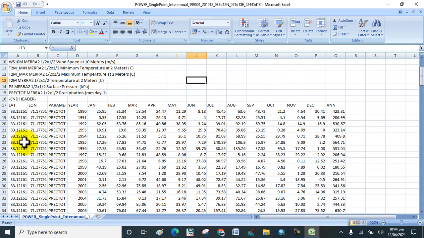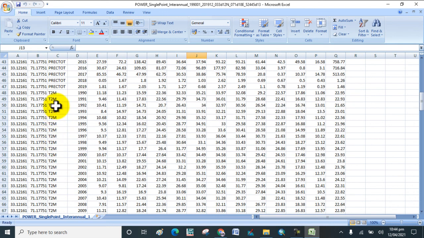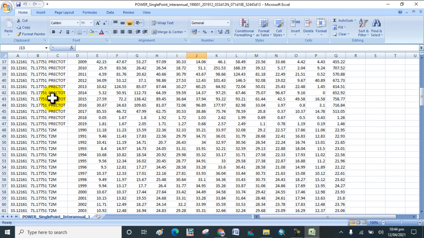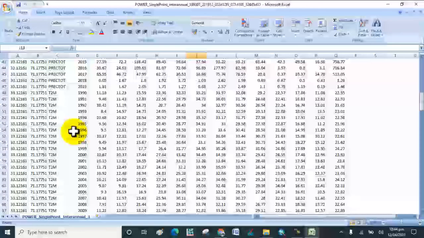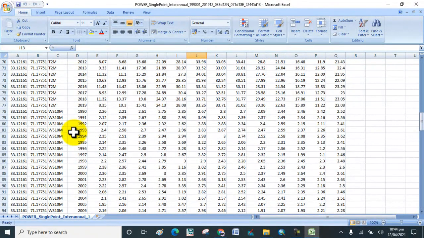Now you can familiarize yourself with parameters like PRECTOTCORR or T2M. If you want to understand what T2M is, then go here, and T2M is the temperature at 2 meters data. This is the interface by which you can familiarize yourself with this data. I hope you learn this method and will work on it.